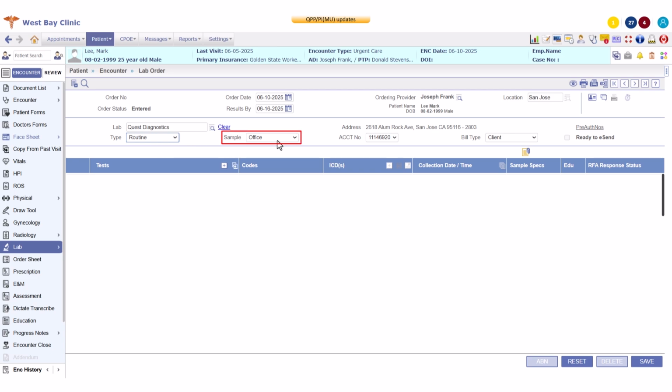Specify the sample type as either office or patient service center, depending on where the sample is being collected. The lab's account number auto-populates here based on what was configured during implementation. The bill type defaults to the option configured during the vendor setup, but you can manually choose from client, patient, or third party, as needed. Note that the sample, account number, and bill type fields are mandatory for e-lab orders and should automatically default based